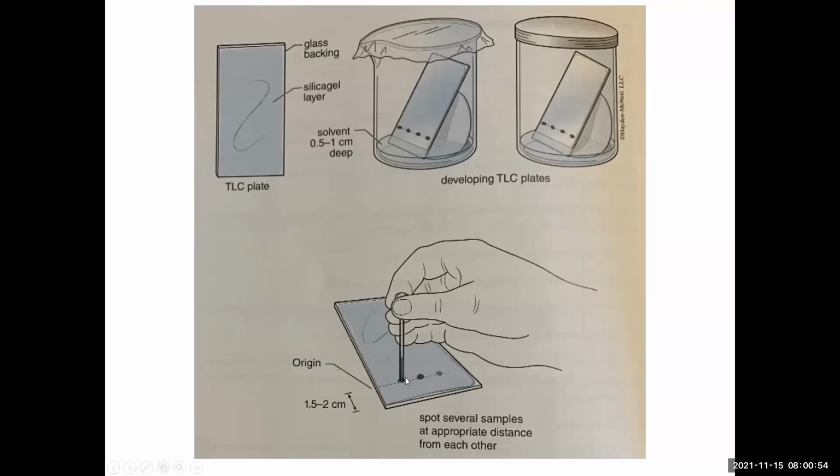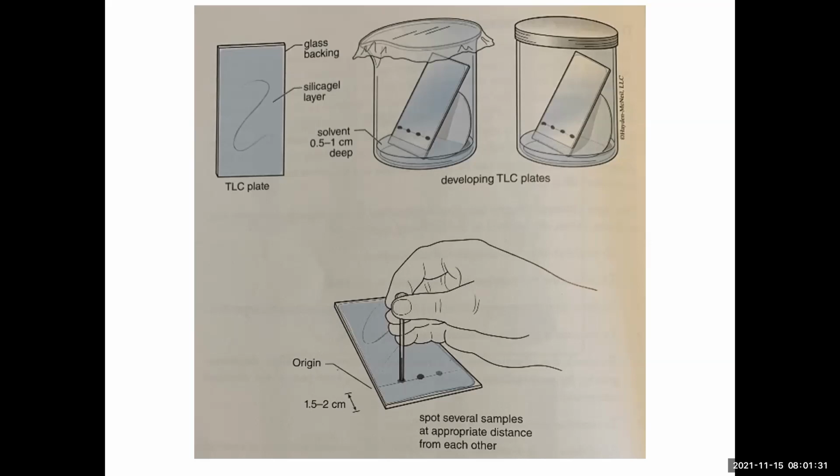If you're going to use the same capillary tube to spot multiple different mixtures, it's important that you clean the capillary tube in between. You can do that with just some acetone. And so once this plate has been appropriately spotted, if I can't see the compounds because they're not colored, then what I would usually do is take it over to an ultraviolet light chamber. And I'll show you that when we get into the lab so that I can see the compounds, or the spots on the bottom of the plate before I even develop the plate.